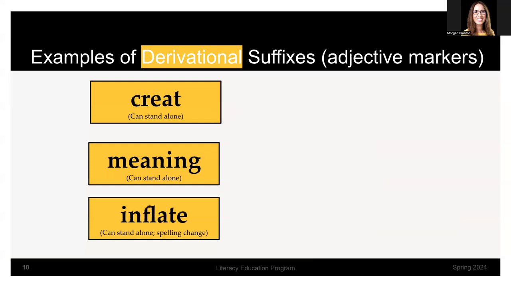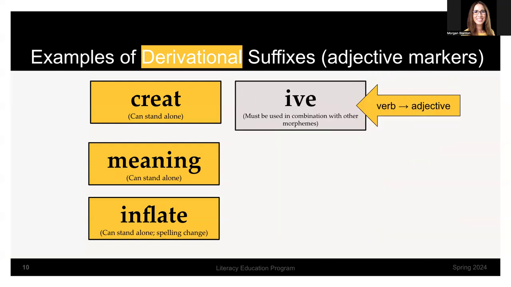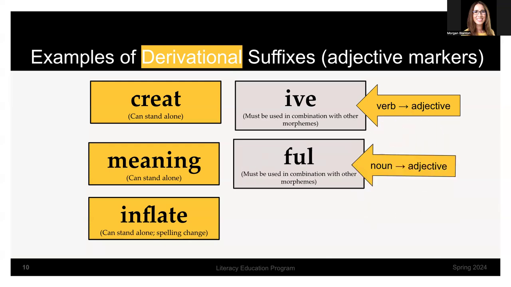And the last one here is for adjective markers. These are going to describe things. And again, you see a spelling change here. Create becomes creative. So create is a verb, and it becomes creative when you're describing someone. It's an adjective. Meaning is a noun, and then it becomes an adjective when you add full to the end,